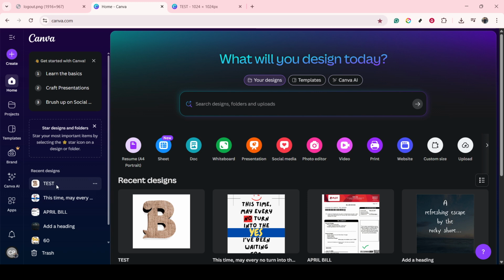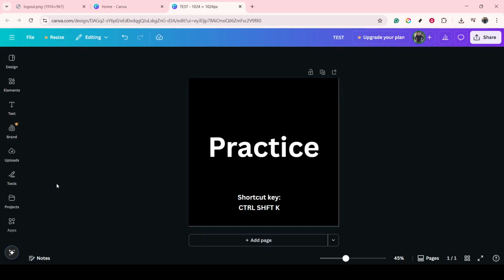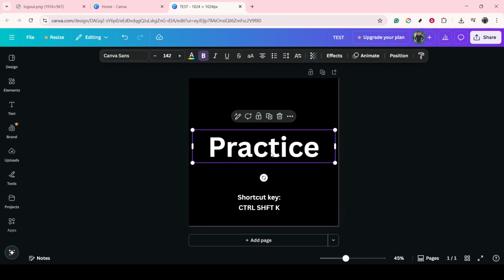Now, once you've opened your design, locate the text that you want to convert to all uppercase. Simply click on this text element to select it. When you select the text, a toolbar should appear at the top of the canvas. This toolbar is your control center for all things text-related, including font, size, color, and, of course, text formatting options